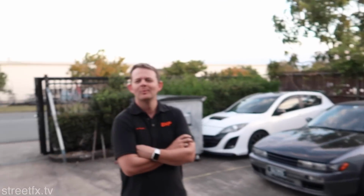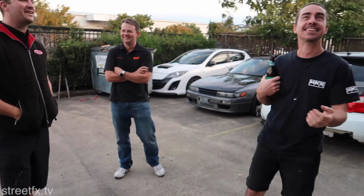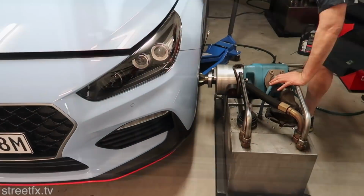246 horsepower at the wheels. Really? That high? What's factory power? 202 kilowatts, which is 271. Manual gearbox? Manual, yeah. 230? 246, 230. 252. Oh, no drivetrain loss at all. This is before you're in the cooler. On overboost. Giving Hyundai some credit. I have to underrate these things. What's that rating? 271 horsepower stock. 211, alrighty. I think you've chosen the lowest, so...